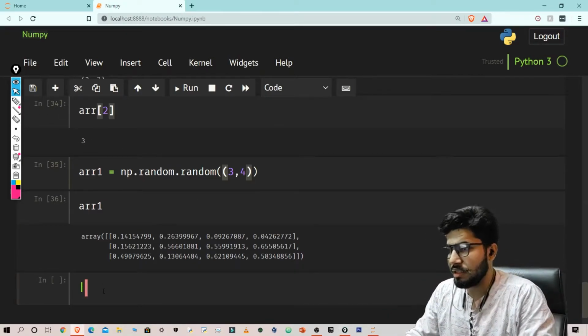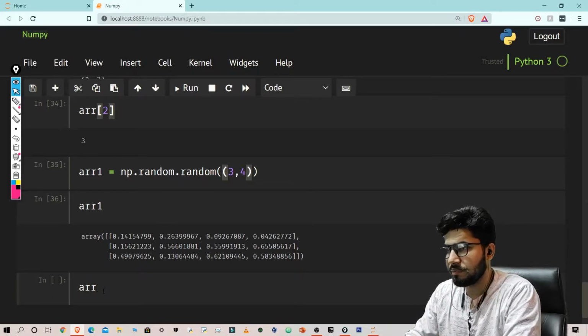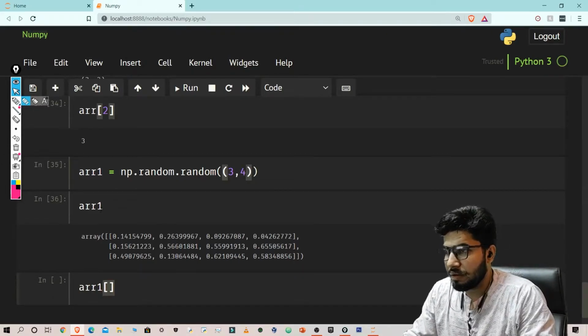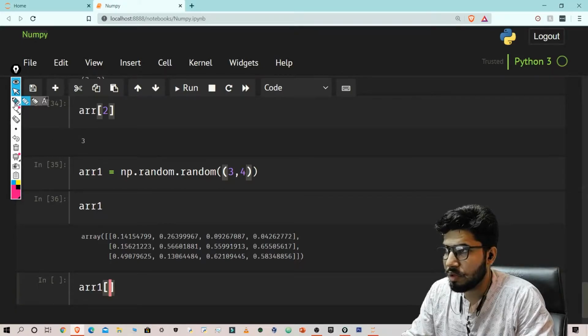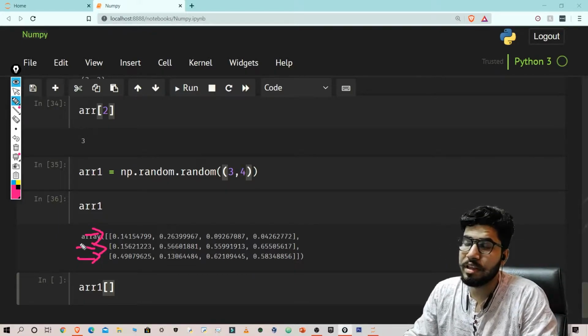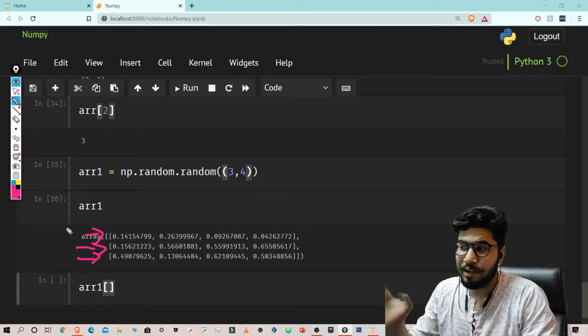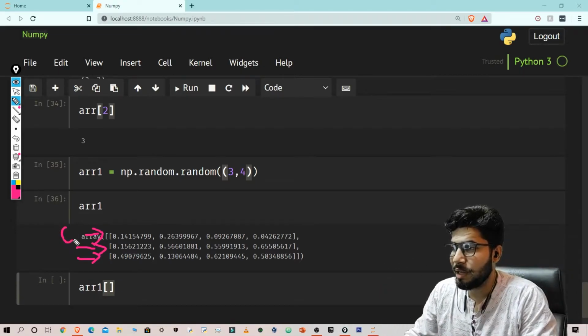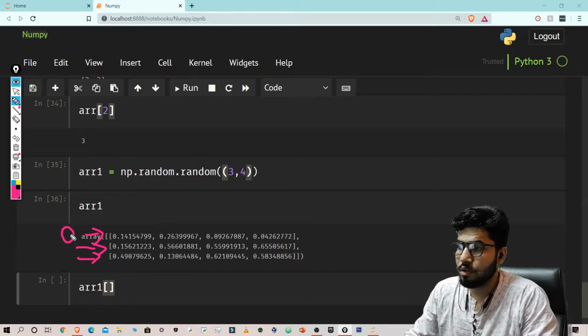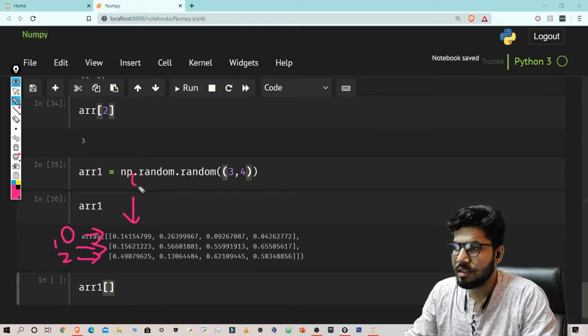The first way is, let's say array 1, and here you need to pass the row number. So this is the 0th row, this is the first row, this is the second row. I know it very well, but I don't know why I keep saying columns. Now similarly, this is the 0th column, first column, second column, and third column.